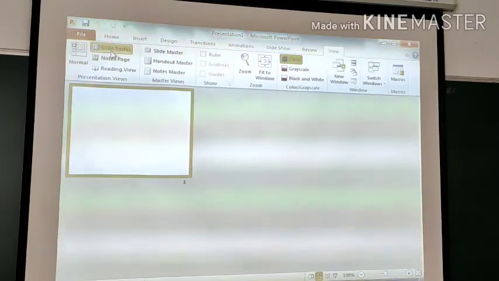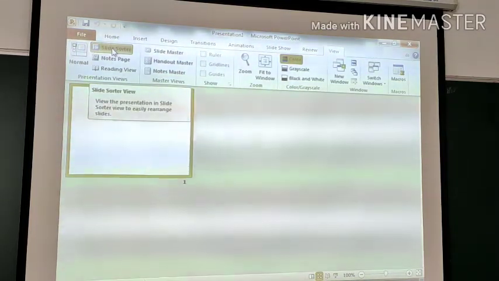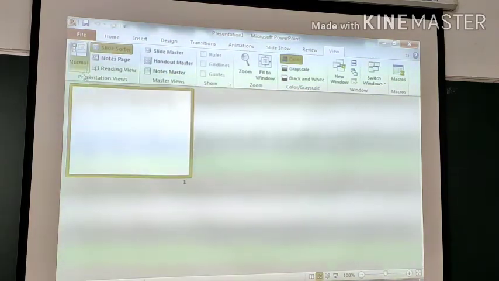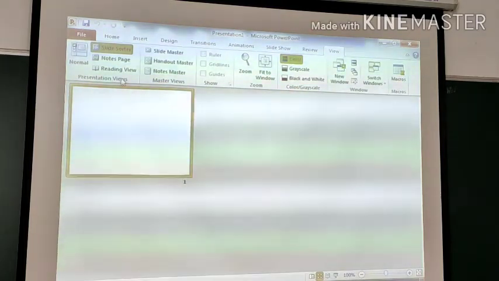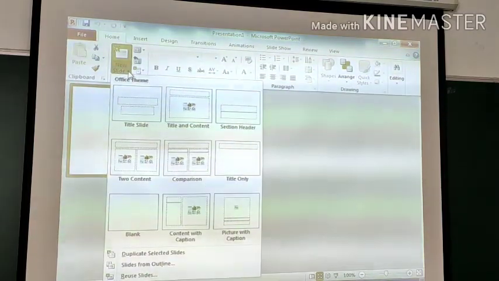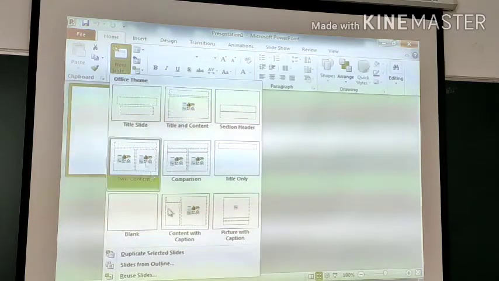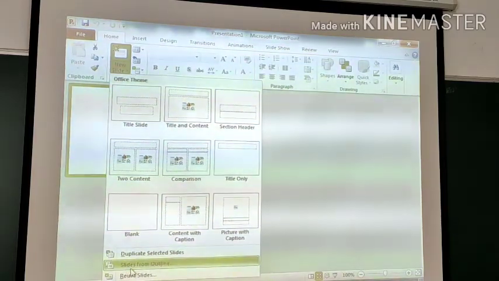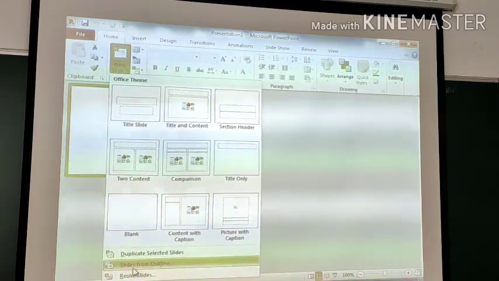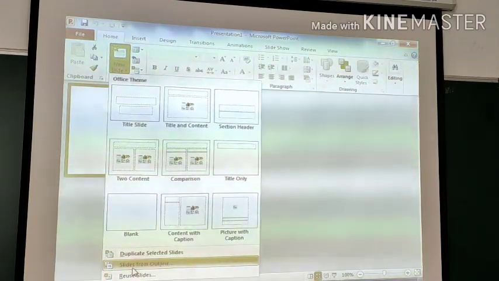Now click on the Home tab and select New Slide, and at the bottom there is the option Slides from Outline. Just click on the Slides from Outline option.